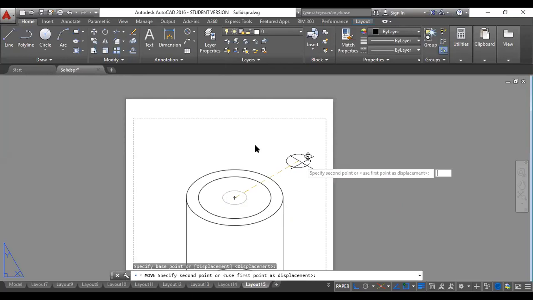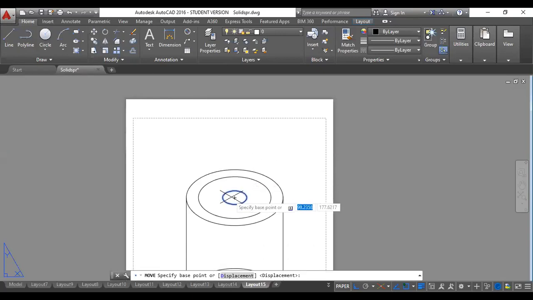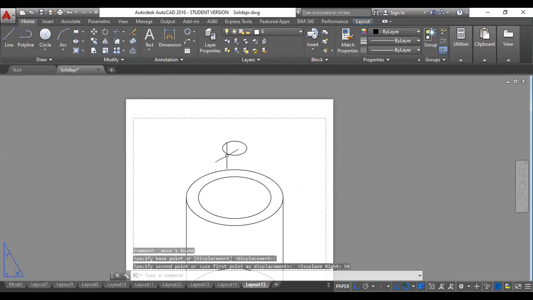Select it, move from center, F5. So give the height now. Let us say height is 50, enter. So this is a 20 mm ellipse, height is 50 from its axis.